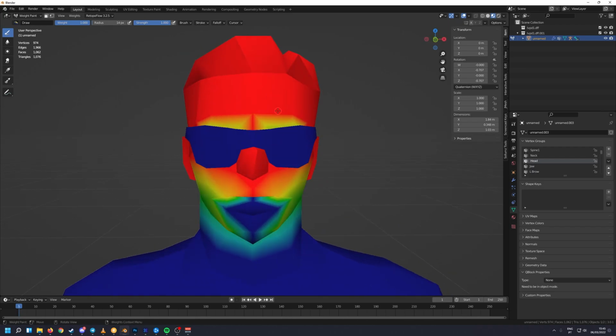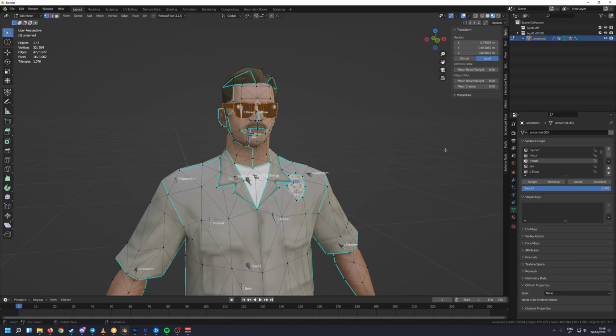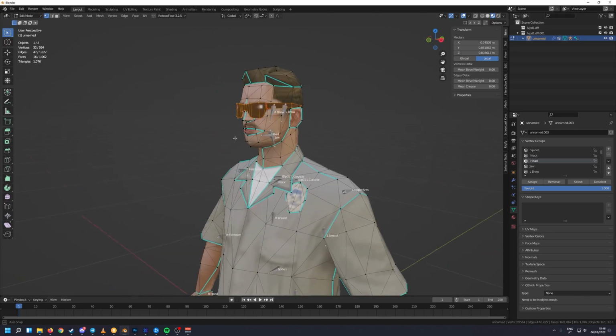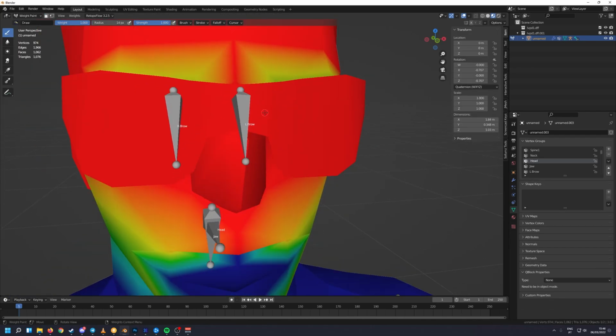So in pose mode, when I rotate the head bone, you can see that the sunglasses don't move. And to fix this, we don't even need to go into weight paint mode. We can simply select all the vertices that make the glasses and assign them with a weight of 1 to the head vertex group. And when I go back to the weight paint mode, you're going to see that the